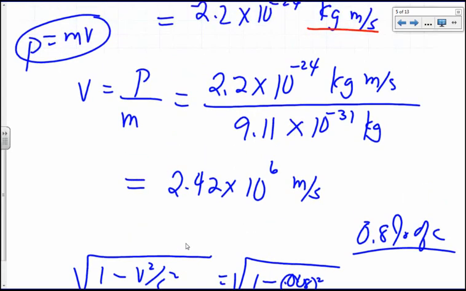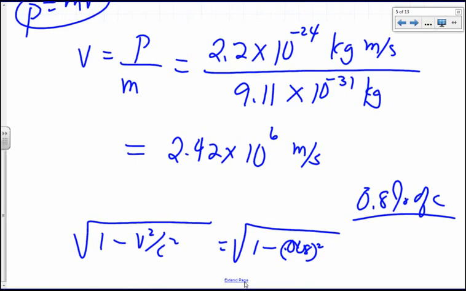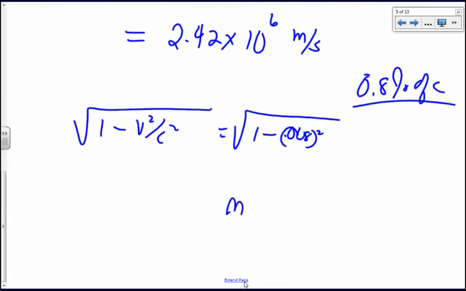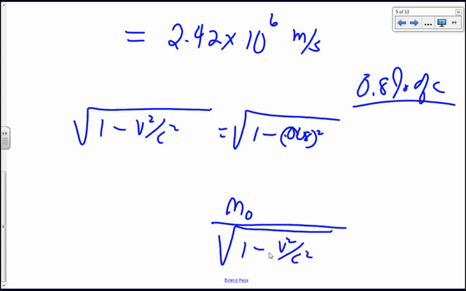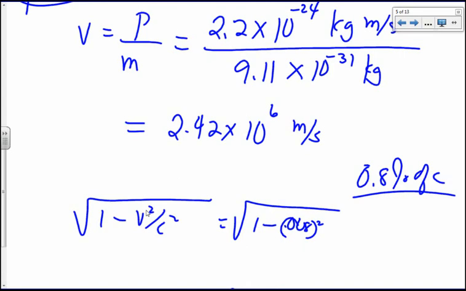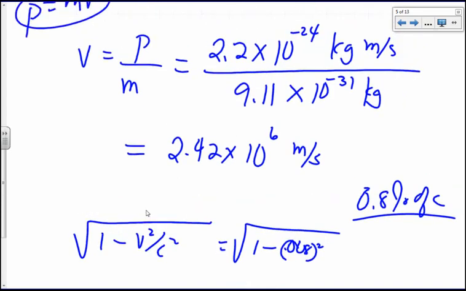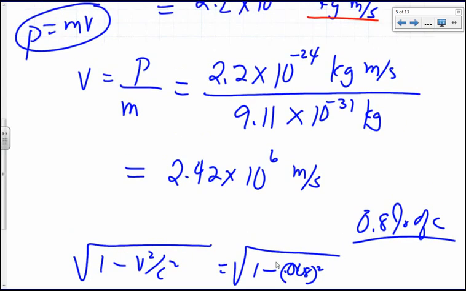Okay, so instead of m, what would you have to do? You're going to have to do m naught, right, which is the rest mass, which is 9.11 times 10 to the negative 31 over the square root of 1 minus v squared over c squared. You said the relativistic comparison, like you should divide this number that we got by the speed of light? Yes. Well, you're going to have a more complicated equation, because then you're going to say, all right, let's do this with the relativistic correction, okay?